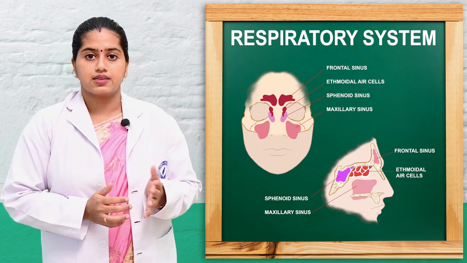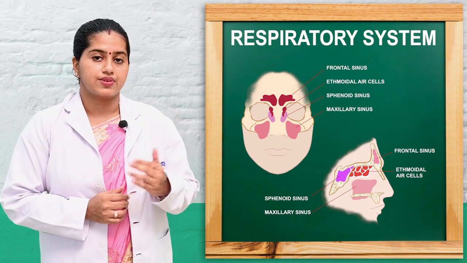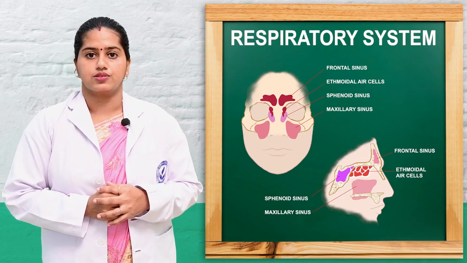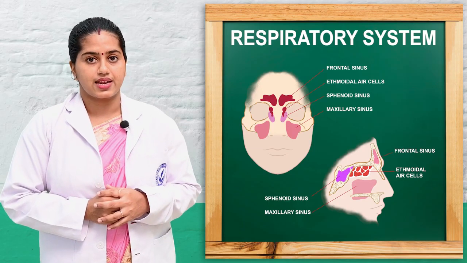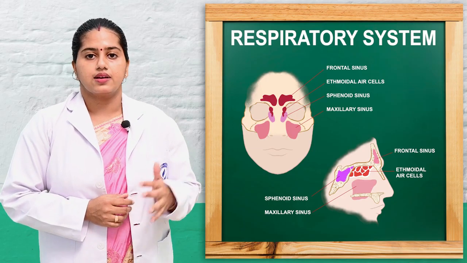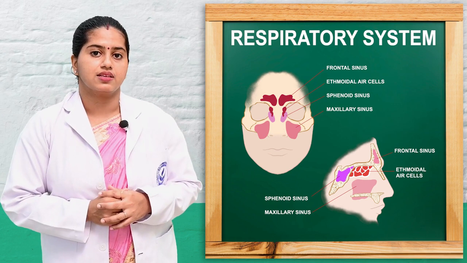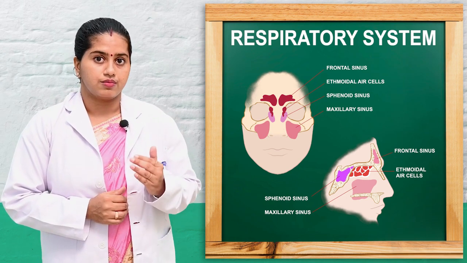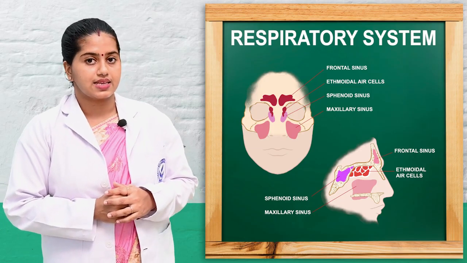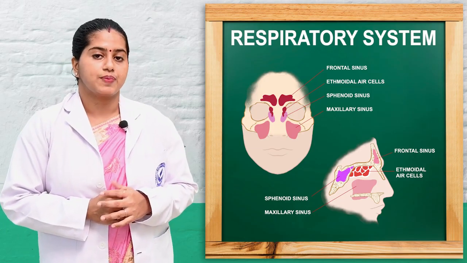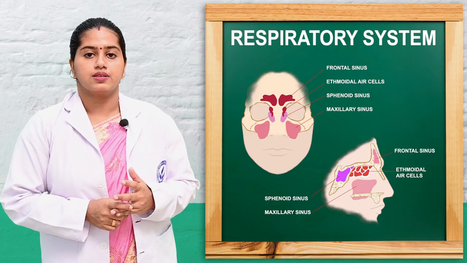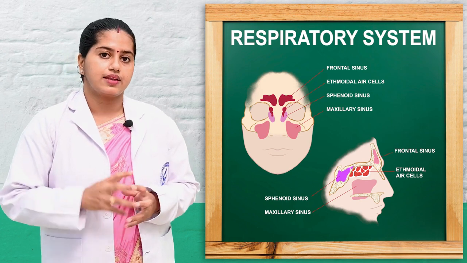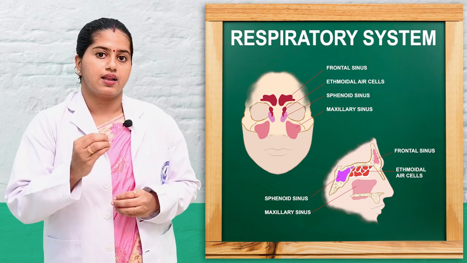In the nasal cavity we can see the hard palate portion and the soft palate portion also, and this helps with the filtration of air. And we can see the paranasal sinuses. These are spaces formed in the bones that connect to the nasal cavity, mainly the sphenoid bone, ethmoid bone, frontal bone and maxillary bone. Their cavities connect to the nasal cavity with the help of ducts.